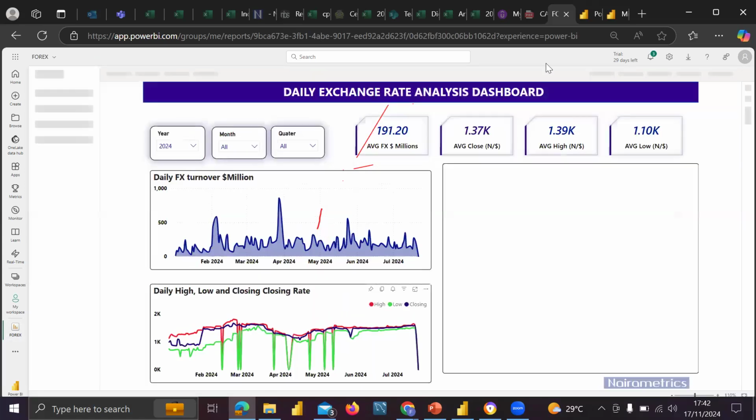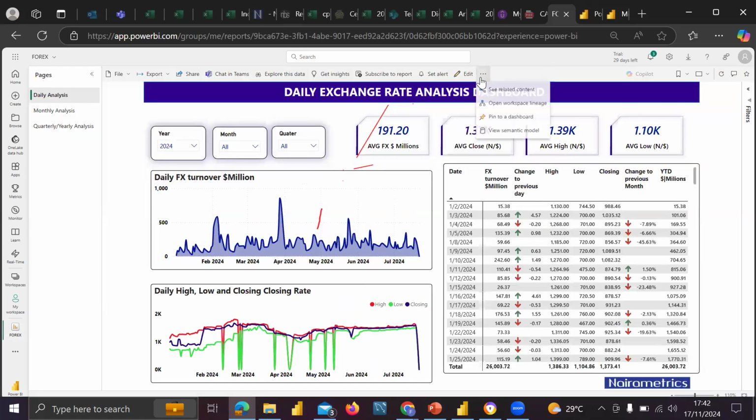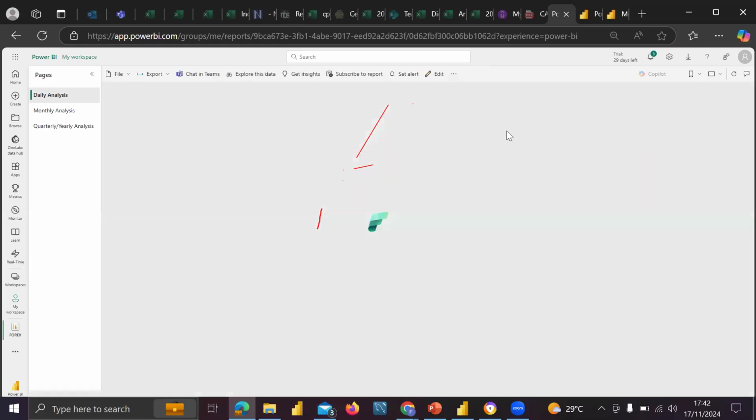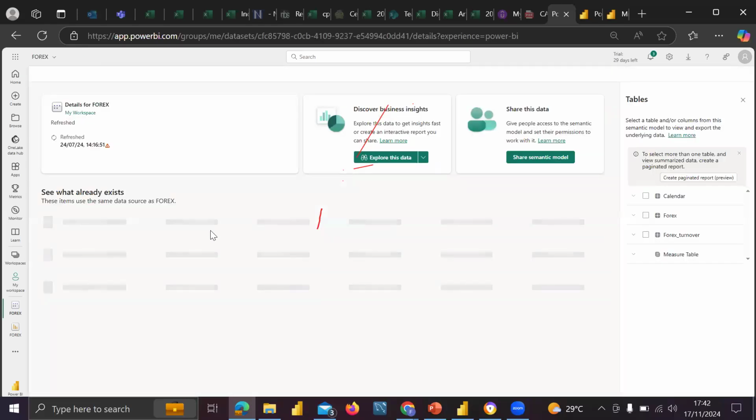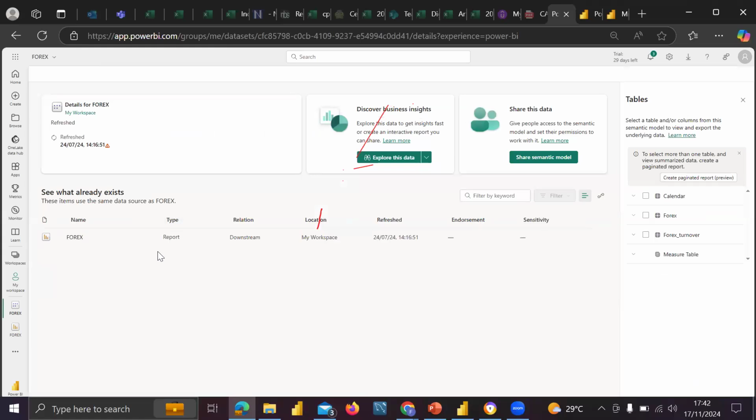It's coming up. So for this forest data now, I can click on schedule refresh and come to schedule a refresh.